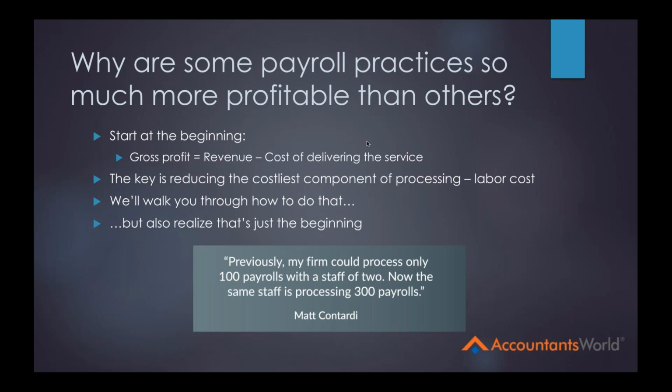And what led us to thinking about that is the fact that there seems to be, and we've seen some articles in Accounting Today and elsewhere over the past couple of years that allude to this, there is a wide disparity in the profit margins of different firms that are doing payroll, perhaps more so than for other services that accounting firms would be offering. And so when we started to investigate why that was,